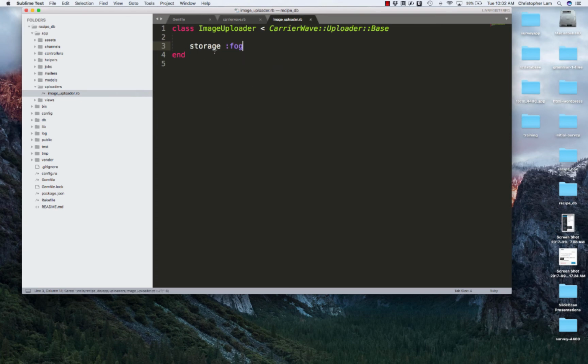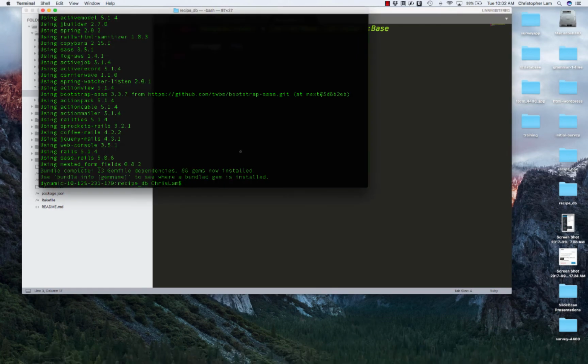And so since we're running that fog gem, we'll be able to use our image upload via the fog gem, which connects Heroku to Amazon Web Services. So that's what the fog gem is doing. So I think that's it. Just those 2 changes. So we're going to jump back into our